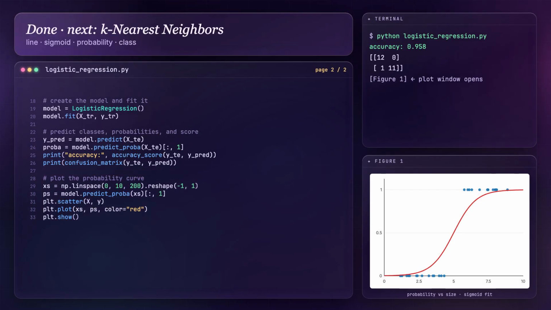And that's logistic regression, the very same shape of code as before, just predicting a category instead of a number. A line, then a sigmoid, then a probability. Next time, we'll meet a model that makes predictions with no equation at all. It just looks at the closest examples, that's k nearest neighbors,